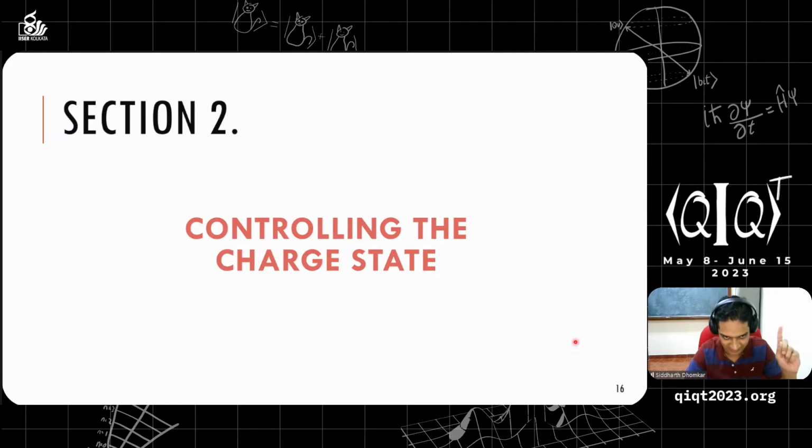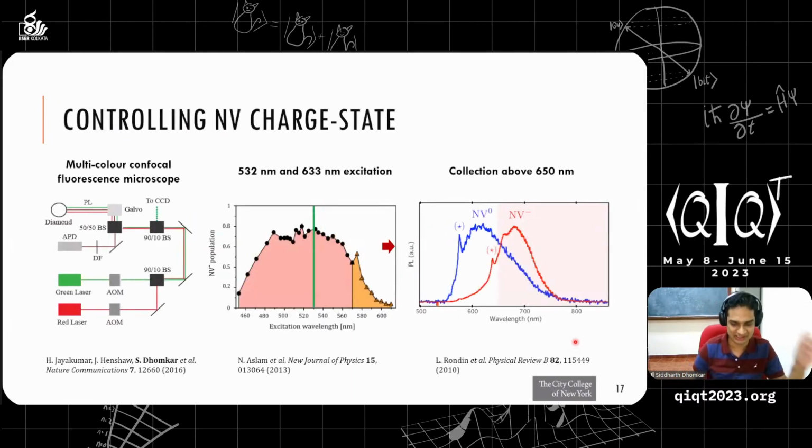If you remember, in one of the slides I showed that if you send this photon that we are collecting through a spectrometer, we actually get a non-trivial spectrum. Okay, we don't just get a single peak. We get something more complicated, and it's related to the charge state. So this defect has two different charge states. Now if you want to deal with only NV minus, which has these fantastic quantum properties,